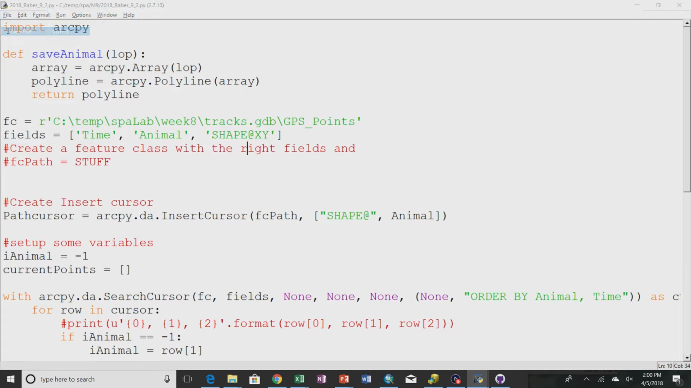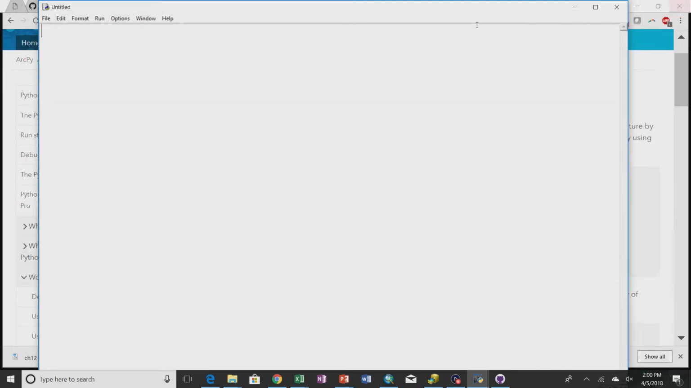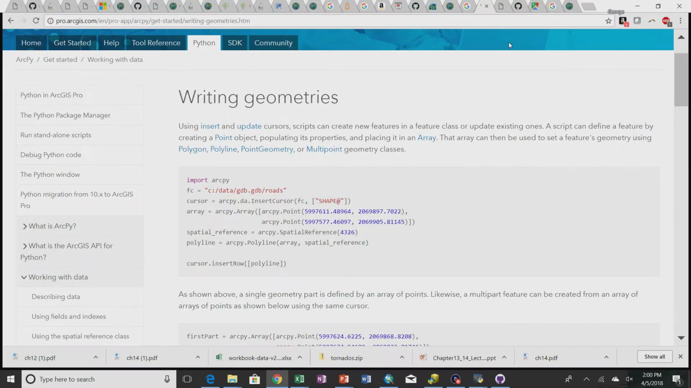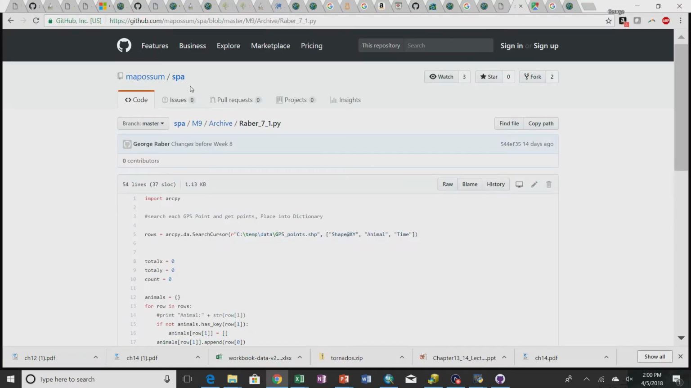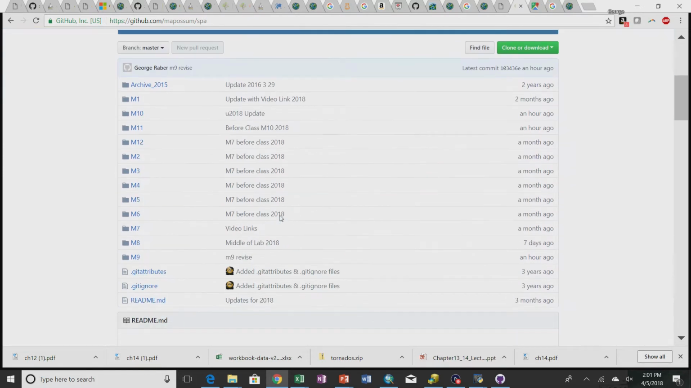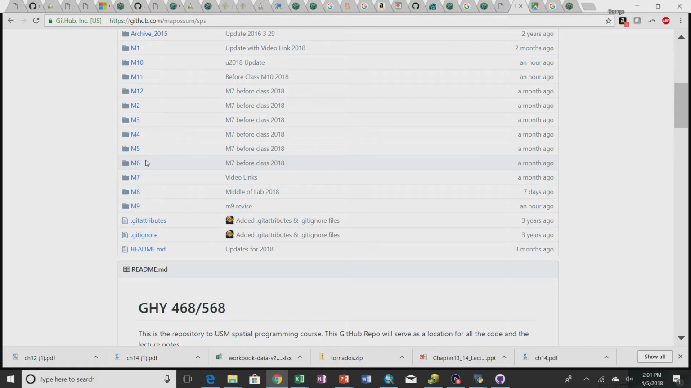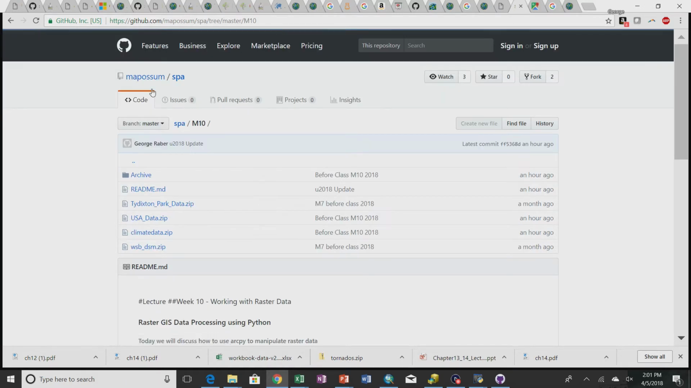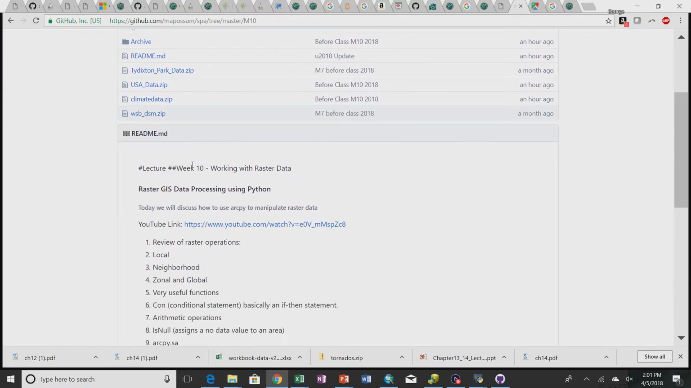So now we're gonna talk about the new stuff for today. Now we're moving on a little bit. We're changing gears in terms of what we've been talking about. So there are two major data models in ArcGIS. There's the vector data model, which we've been dealing a lot with up to this point, and there's the raster